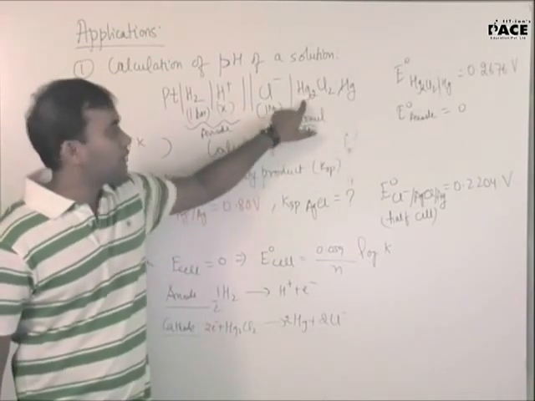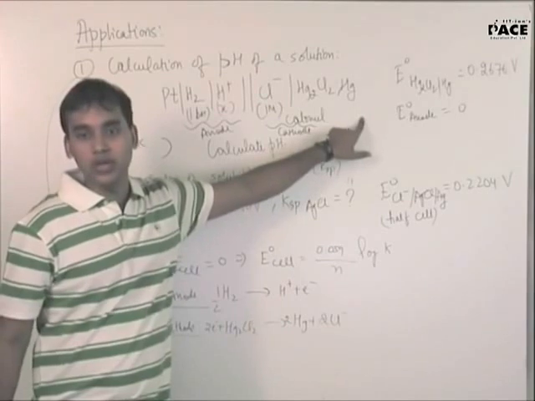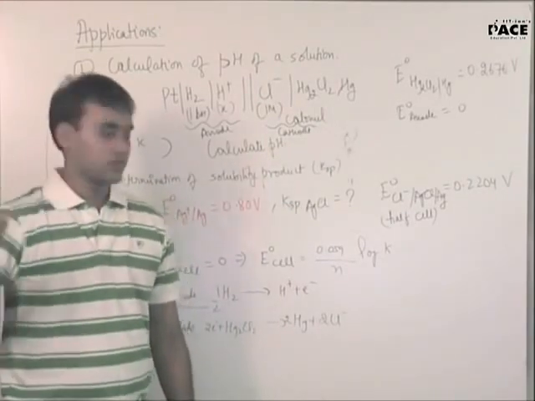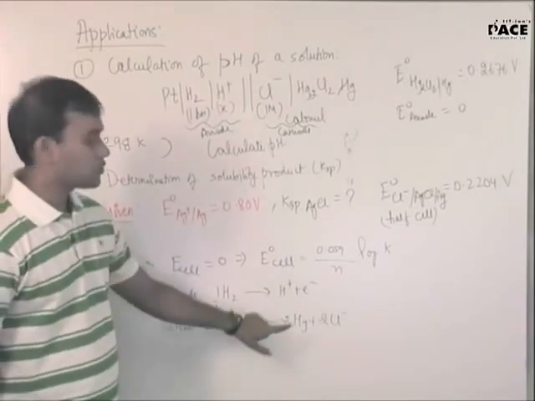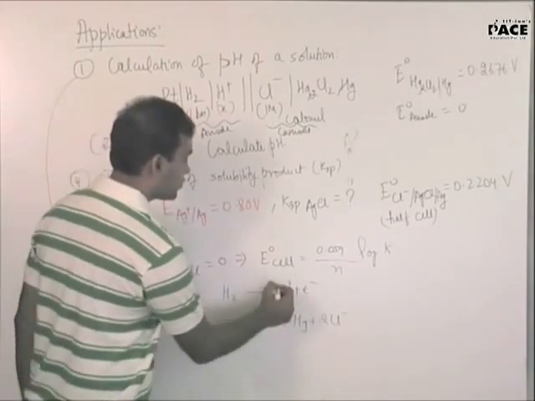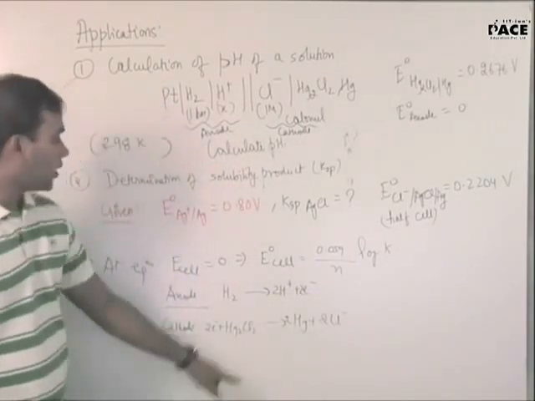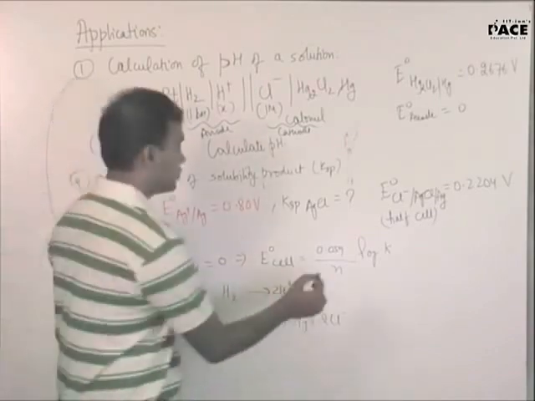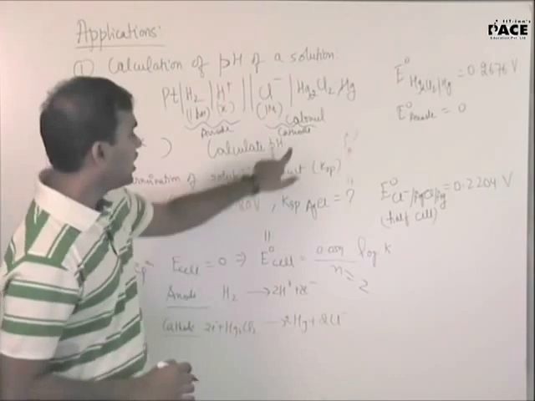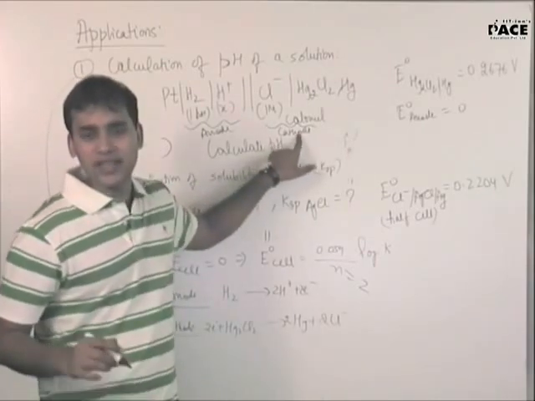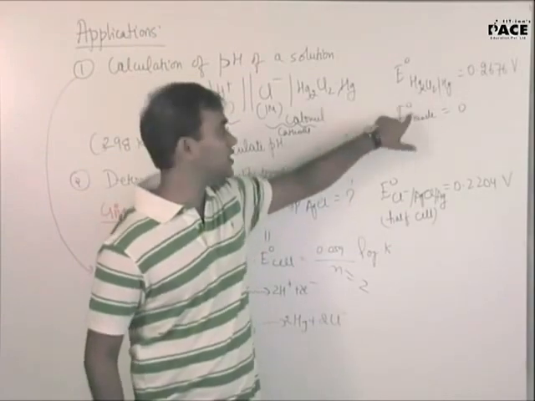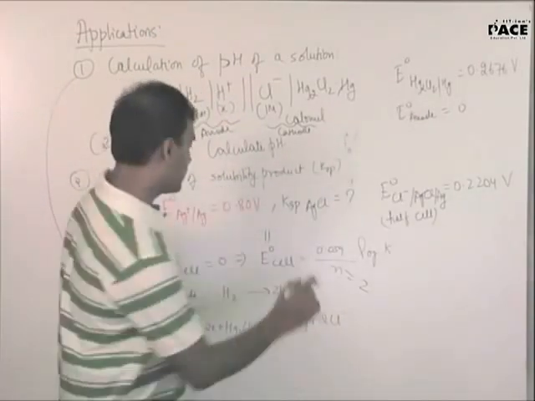But mercury is going from +1 to 0. It is not Hg2 plus. It is Hg2 2 plus. Fine. So what are the net number of electrons which are cancelling out? 2. So what is N? 2. So you know N equal to 2. What is E naught cell? SRP of cathode minus SRP of anode. What is cathode? This thing is cathode. So this minus this is nothing but 0.2676.